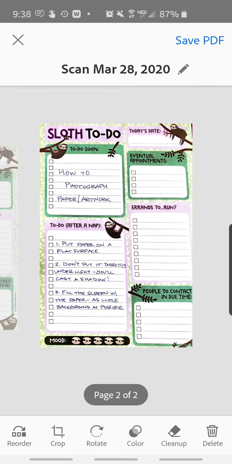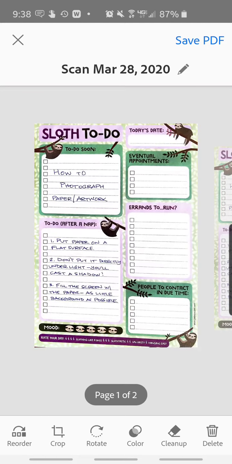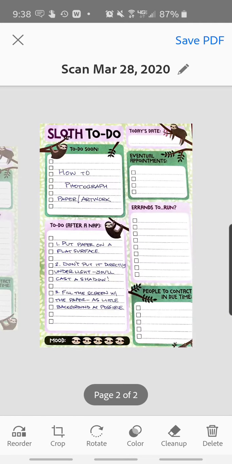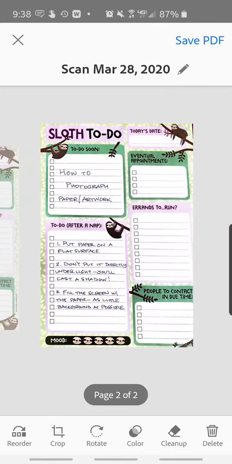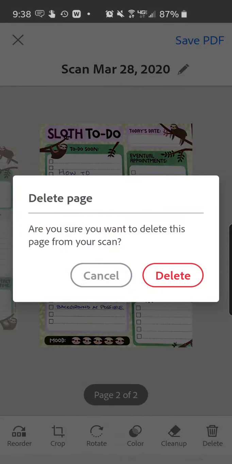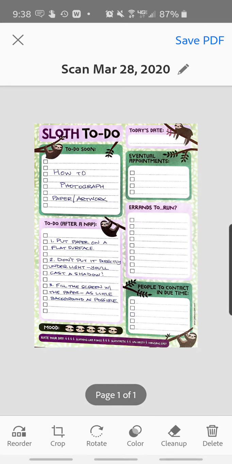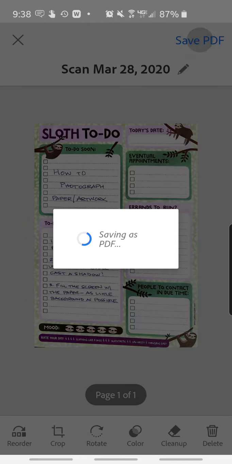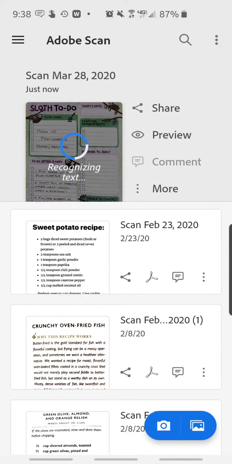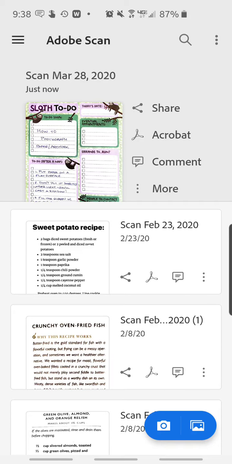And then of course you have that delete that I would use right now because I've taken 2 identical pictures and I don't want both of them. So I would pick the one that I don't like, hit the delete button, and now I'm down to my single page. Finally, we're going to save this. So I'm going to click Save to PDF in the top right corner of the screen. And you'll see that not only will it save, but now it's recognizing the text. So it took the picture, turned it into a PDF document, and now it's actually reading the document so that it knows